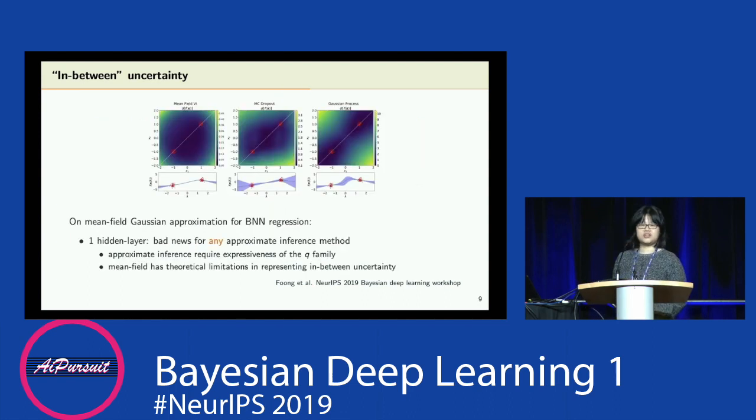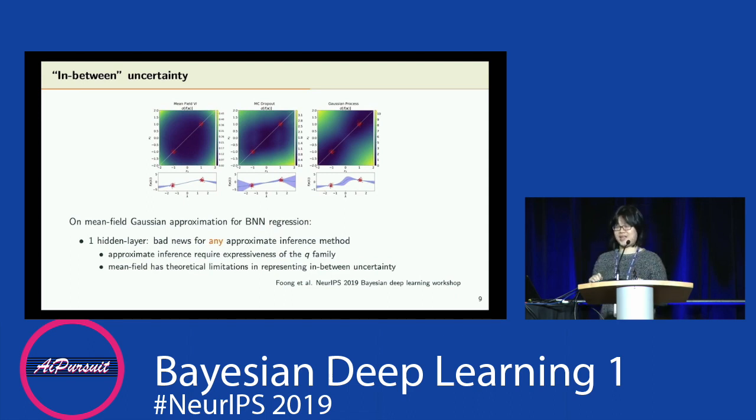Okay, so just to tell you a bit about the result we have for Bayesian neural network regression. We are considering this mean field Gaussian approximation, and we want to understand how well this is actually working in the function space. For an approximate inference algorithm, there are actually two components. First, you need to define the class of Q distributions that you are going to find your optimal solution in. So one question that we need to address is whether this approximate inference Q family is